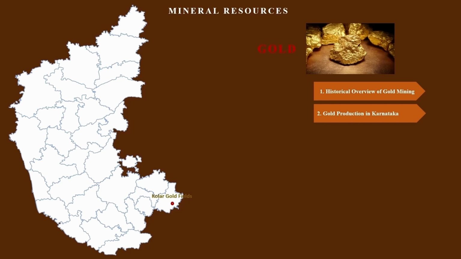What happens in other states where gold is produced? It is a byproduct of copper production. Gold is a byproduct of copper production in other states, whereas gold comes directly from gold ore in Karnataka. All right. Now, a geological feature of gold reserve. Gold in Karnataka is primarily found in where? Dharwar schist. Okay, this is the region of Dharwar schists, which are geological formations of rich gold-bearing veins.